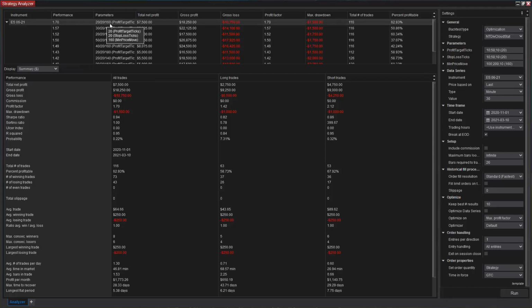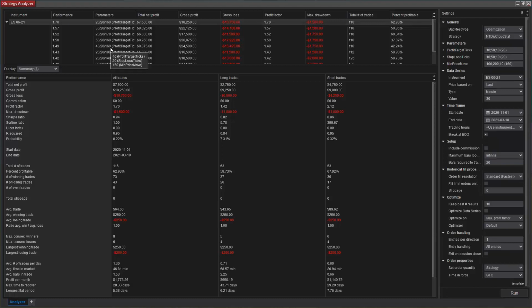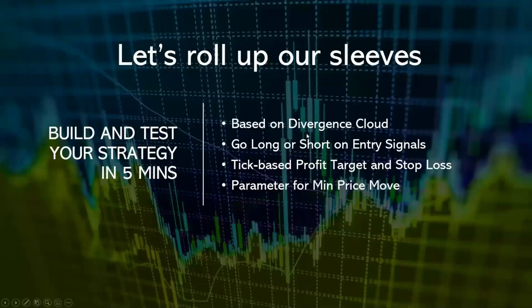All right, and this is one way how you can find out the best parameters for your indicator. So in this case, we'll know for the ES 30 minutes, a min price move of 160 seems to be the best one. So 160, 170, you can see it here. All right, back to the chart and back to my slides. Okay, so we've backtested the strategy and you can see there is potential in these indicators.